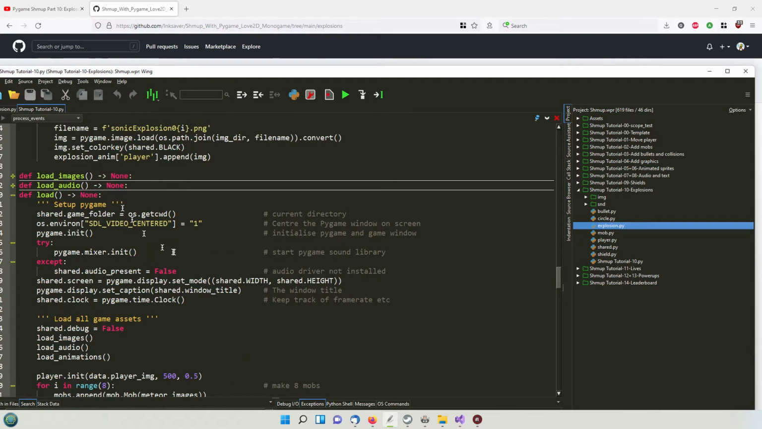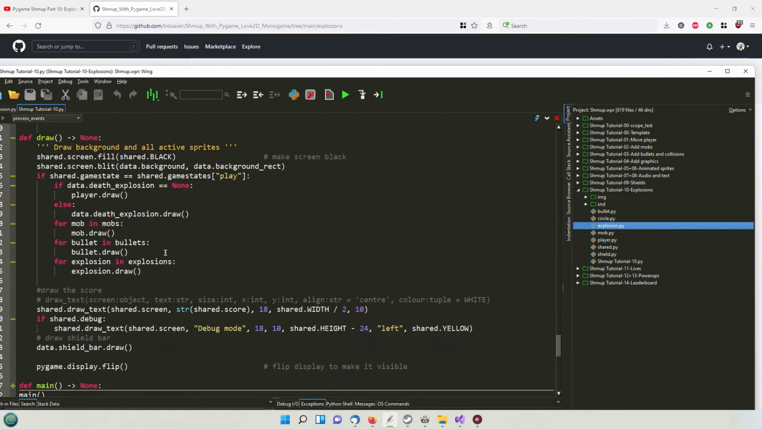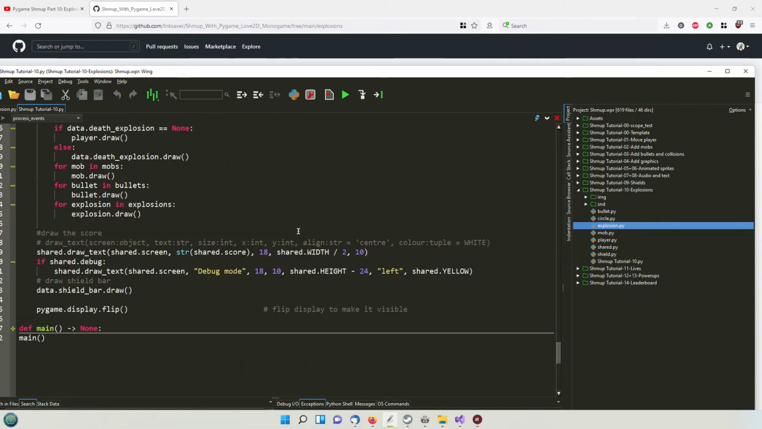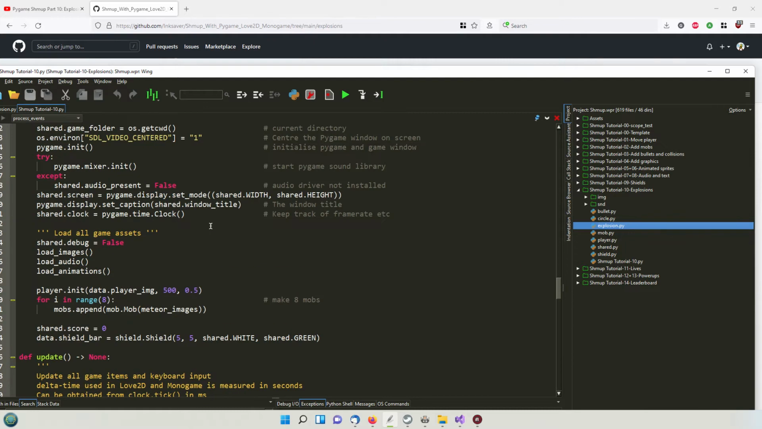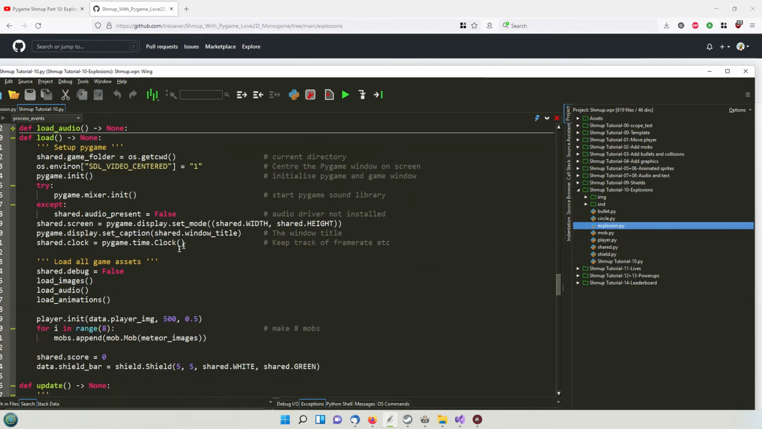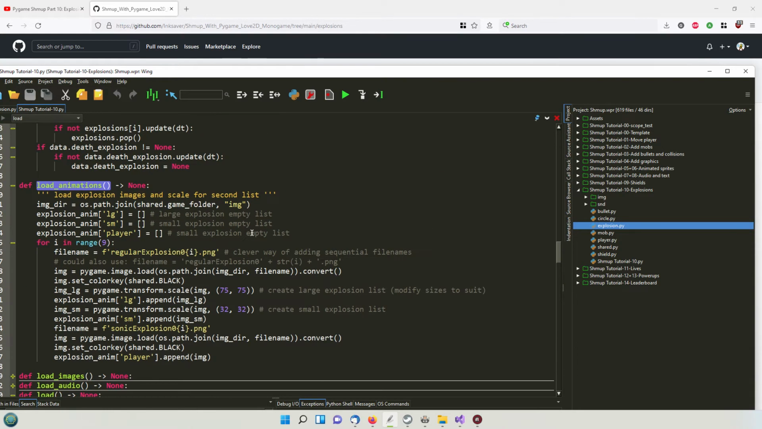So let's first of all go to the load. There's no change to the main folder here. So load, we've now got a new one called load animations. I've called them animations because that's kind of following on from the original tutorial, but of course they are this series of 8 images per explosion which we're going to be loading in. So load animations,